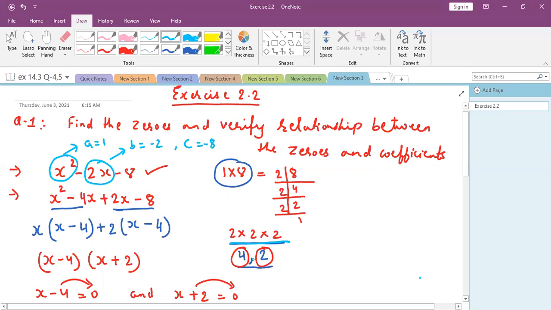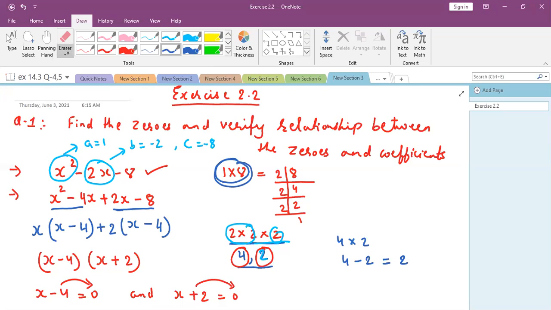Because we need only two numbers, either by multiplying those two numbers, we should get the product, and by either addition or subtraction, we should get the middle term. So I have done here, you can see 2 multiplied by 2 is 4, and the last 2 I have kept as it is. Now, if we multiply 4 by 2, definitely I am getting this product, that is 8. And if I subtract 2 from 4, I am getting 2, which is your middle term in the given polynomial, right? So these two numbers we can take.